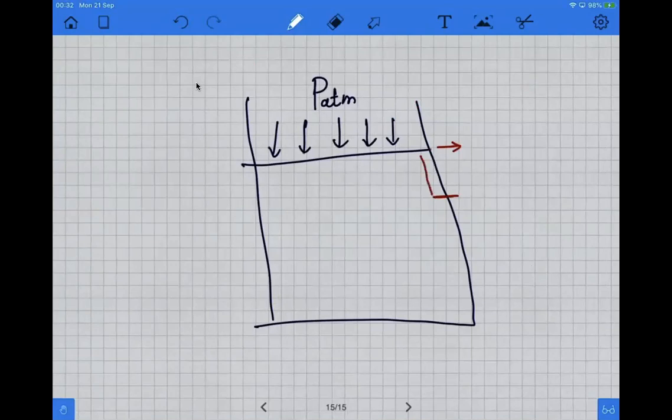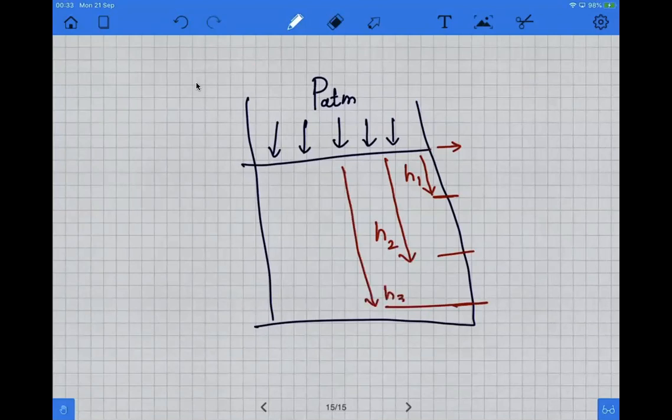This depth is h1. You are here. This depth is h2. You are here. This depth is h3. All the points on this line will experience a total pressure of P atmospheric